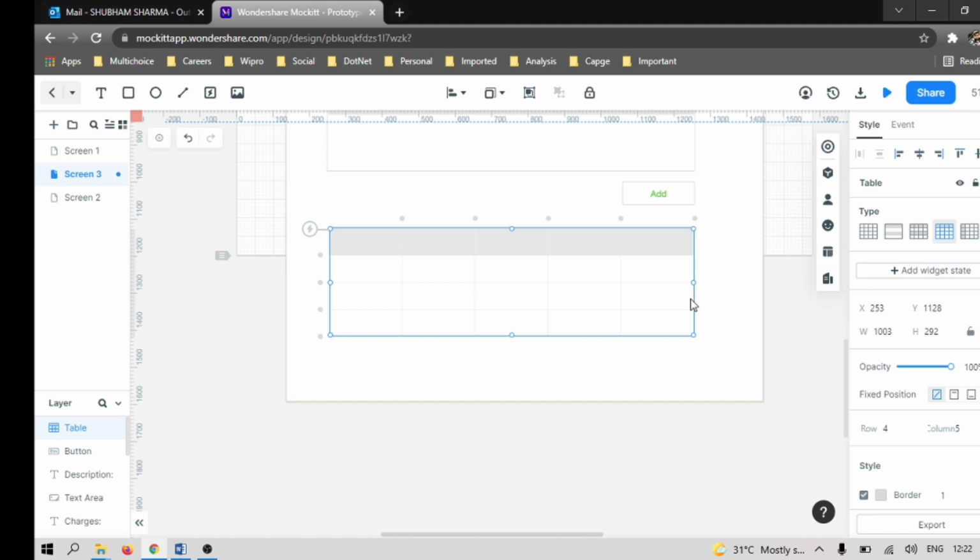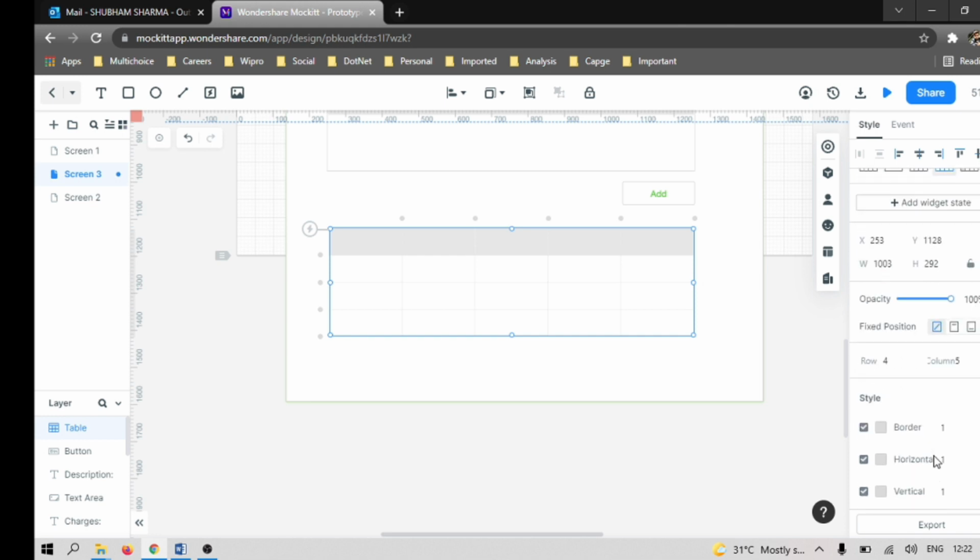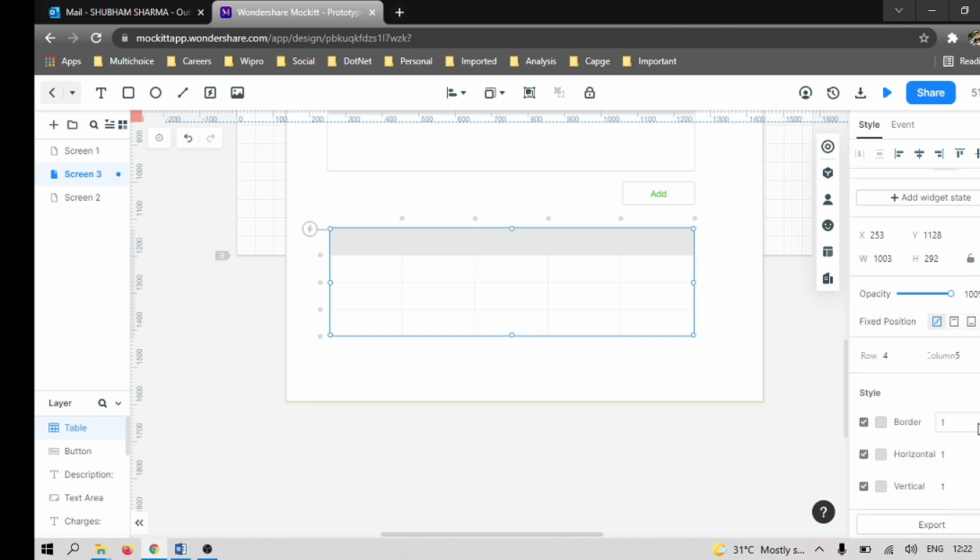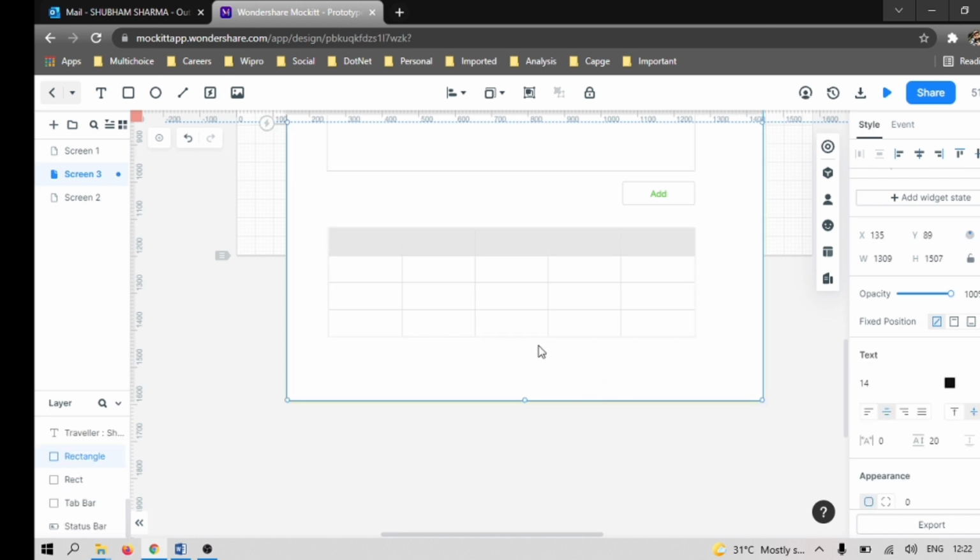This thing we need to, border we can put 2. Then it will look like this.